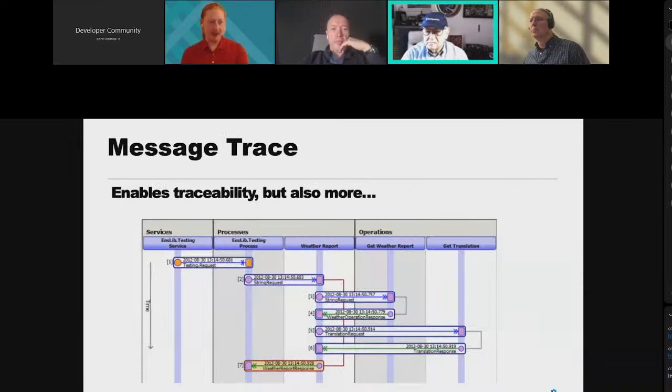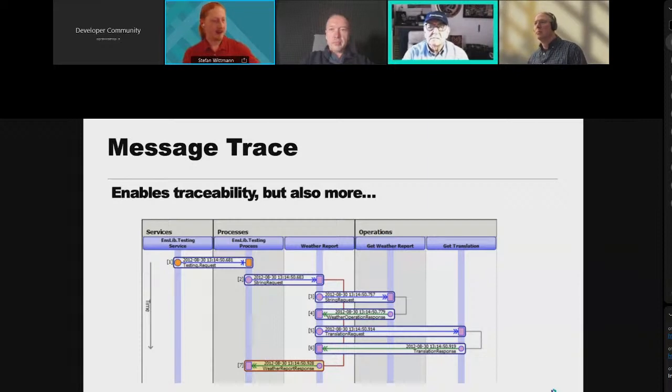Going one level further, and that's quite important, I believe, to understand, every time a message is being sent between an actor in your production, like from a business service to a business process, or from a business process to a business operation, the message actually is stored in the database and is tied to that session of these events, right?